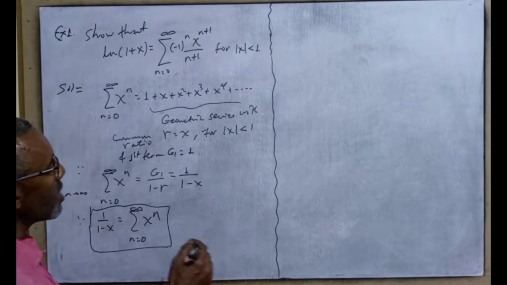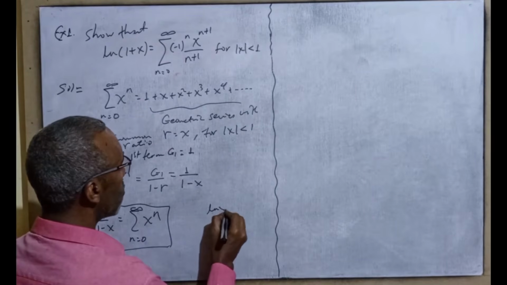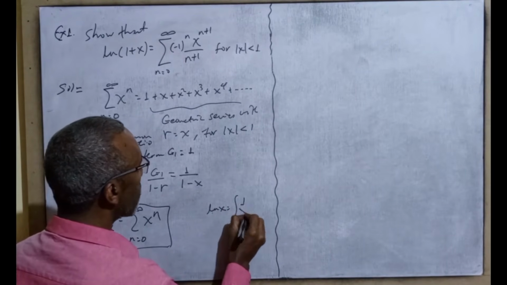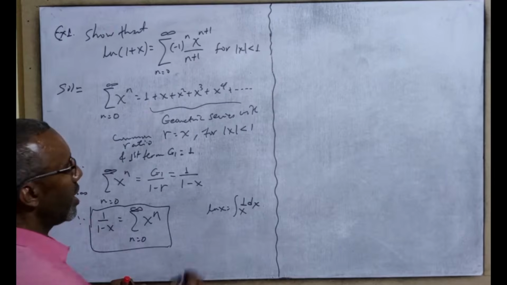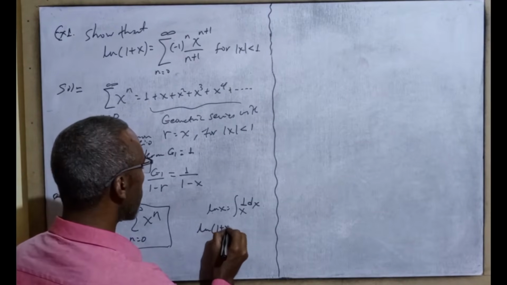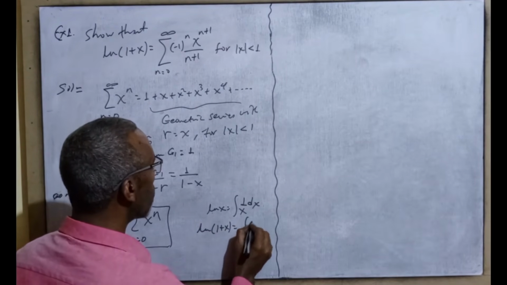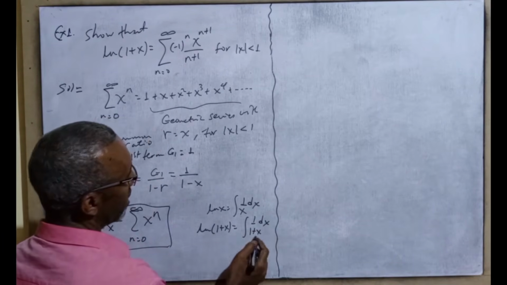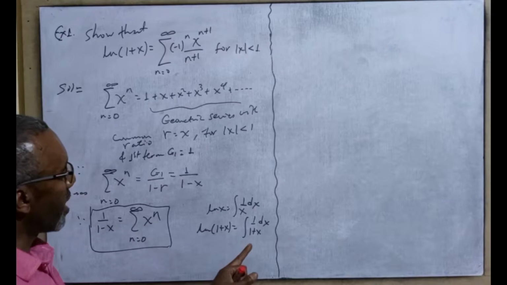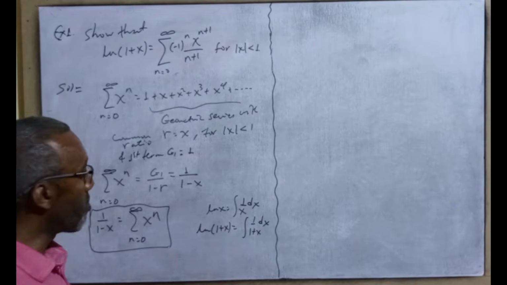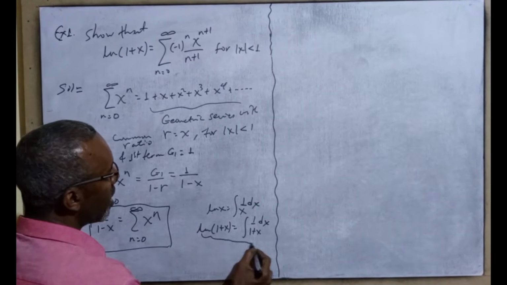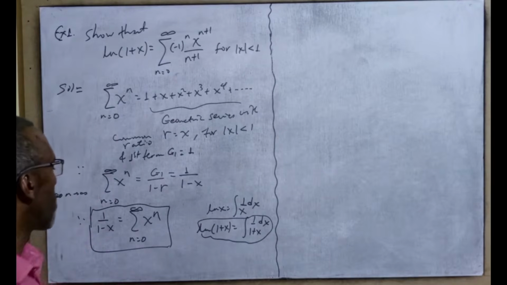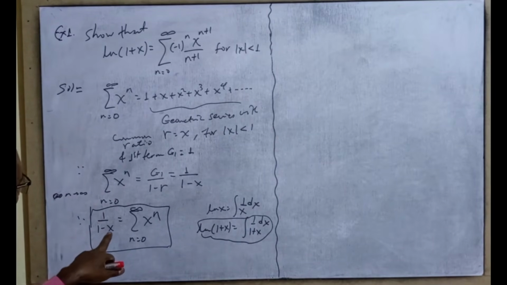ለምሳሌ ln of x ማለት ምን ማለት ነው ln of x ማለት ነው the integral of 1 over x dx ማለት ነው ln of 1 plus x ማለት ምን ማለት ነው the integral of 1 over 1 plus x dx ማለት ነው that is the integral of 1 over 1 plus x ማለት ምን ማለት ነው ln of 1 plus x ማለት ነው. ስለዚህ ይሄንን ኤክስፕሬሽን እንዴት አድርገን ነው ማግኘት የምንችለው የሚለውን እንመልከት ከዛ በፊት ይሄንን 1 over 1 minus